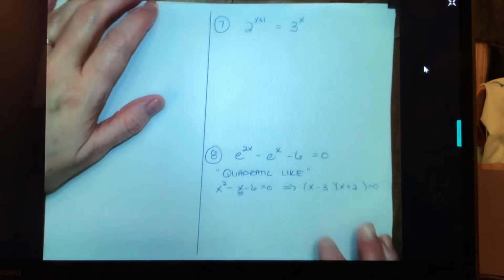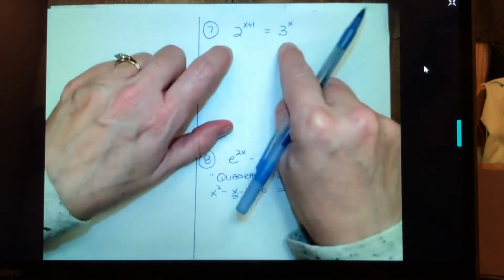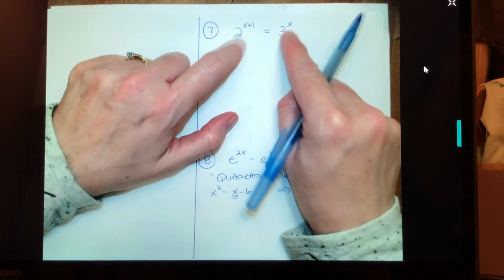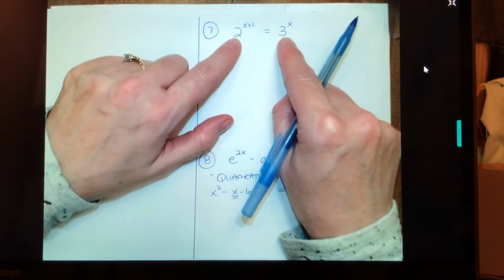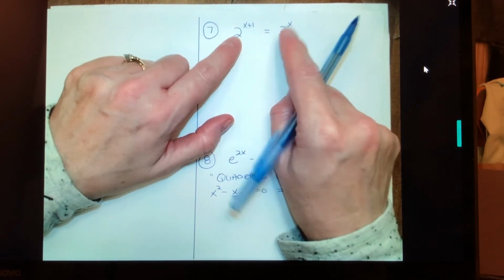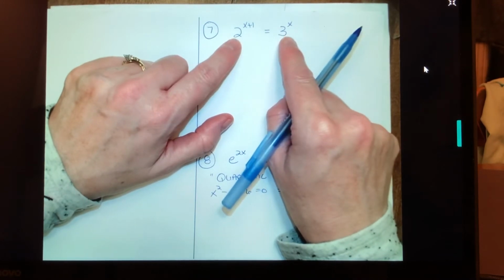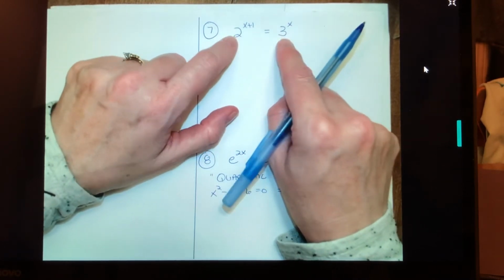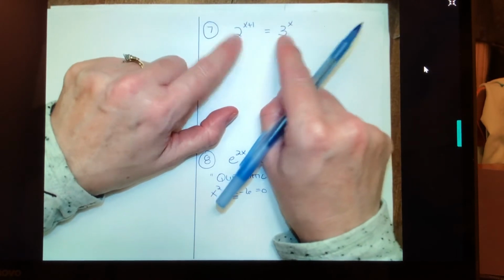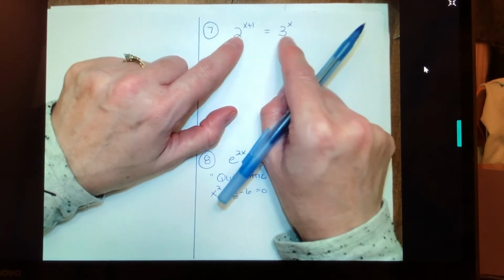Okay, let's look at another one quickly. So this problem, we actually have two exponentials. You see that the variable we're trying to solve for is actually in both places. So this one's interesting. This is a 2, this is a 3. I can't make that one to one. I'm not going to be able to turn one into the other, so I'm going to have to do this the long way. But when you have two exponentials and you have that unknown in both places, you actually can't backwards map these. We're going to just take the log of both